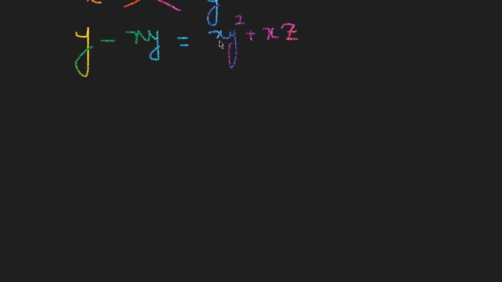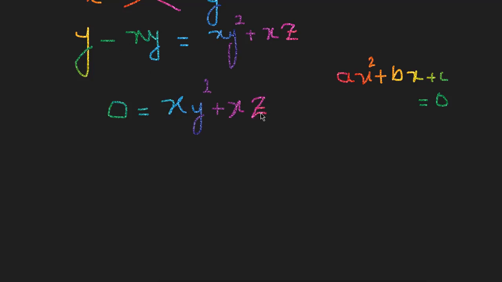Okay, now this is actually a quadratic equation, and the quadratic equation in its standard form looks like this: ax squared plus bx plus c equals 0. So now we will make this equation in its standard form, which will equal to 0. Okay, so 0 equals xy squared plus xz,